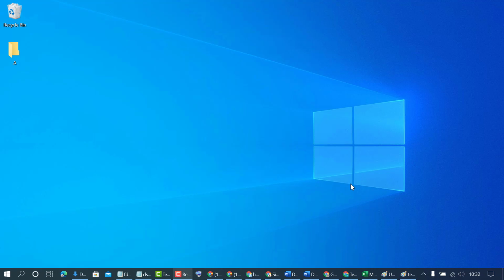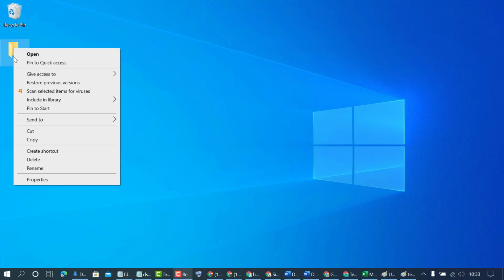Hello friends, in this video I'm going to show you how to change your Windows 10 PC folder icon. So as we can see, it's the default thumbnail on this folder. If you want to change this icon or thumbnail on this folder, right click on it, then